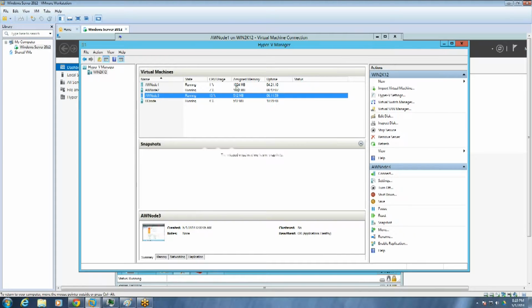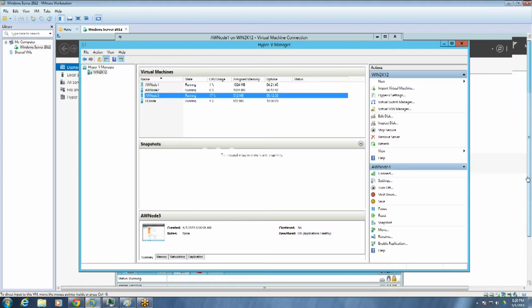What I did is create 4 virtual machines. One is a DC node, that's called the domain controller node, and the other 3 nodes are simple servers. So basically we have 4 servers. I assigned 1 gig to 2 servers and 512 megs to the other 2. I installed my domain controller on the DC node so that I can set up the domain, and I named my domain Chirag Lab.